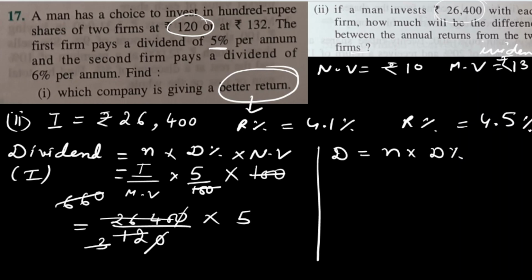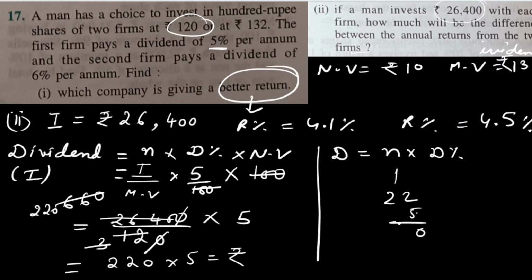Then 3 stable directly we can do 220, right? So 220 into 5 I'm left with. If I multiply 220 with 5, so 22 into 11, 22 into 5, we can do multiplication. 22 into 5 is 110, right? Here 10 is there, that 0 we can write. Many times we have done this earlier also. In many questions we have done, you can just remember also.